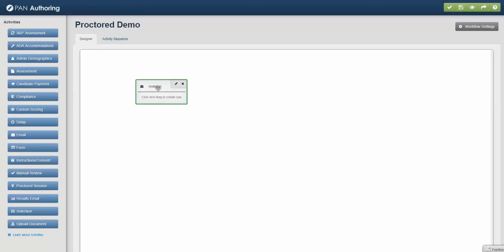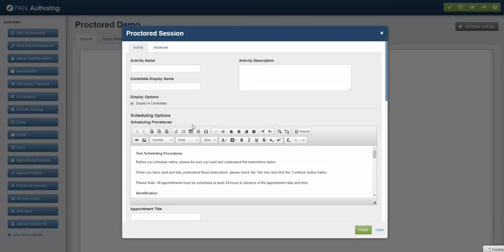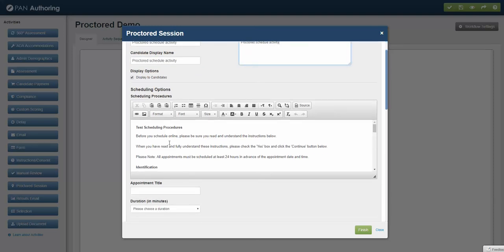So if you've never built a workflow, every workflow has a beginning and a terminating step, and this activity is the beginning step. After I send that email, I want to link it to this proctored session. So all of the background that we set up for rules and resources that can be allocated and late cancel timeframes and all that, that's all set up behind the scenes. So we will call this proctored schedule activity. All right, and we'll copy that